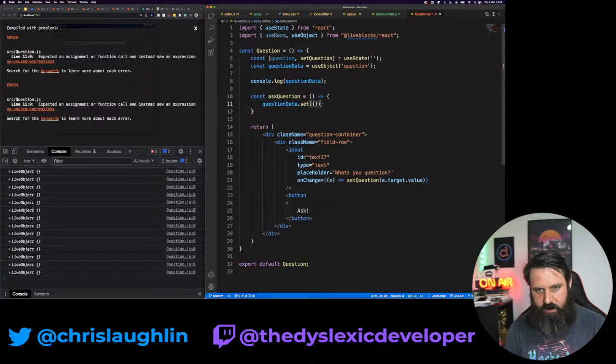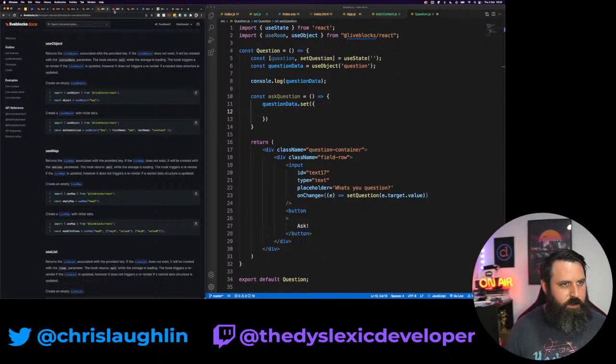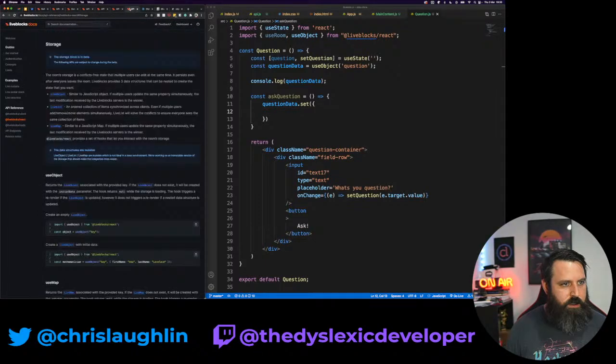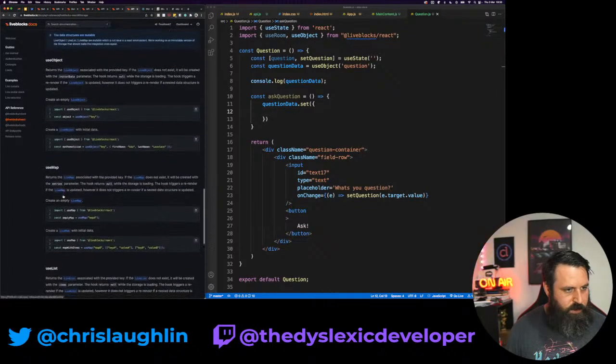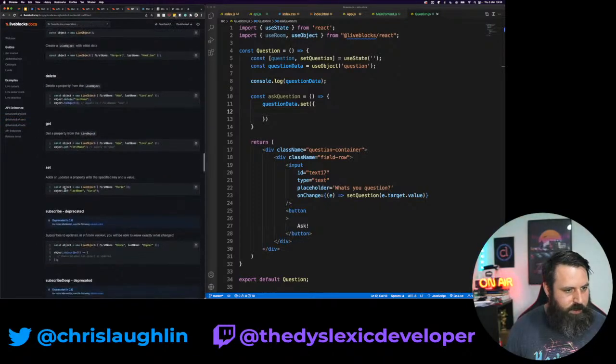Yes, okay, we're getting there. And I'm assuming the set, I have the docs for this somewhere. Storage, useObject, yeah, LiveObject. We can delete, we can get, yeah, we can set, so it's a key value pair. I'm assuming the value can be an object.